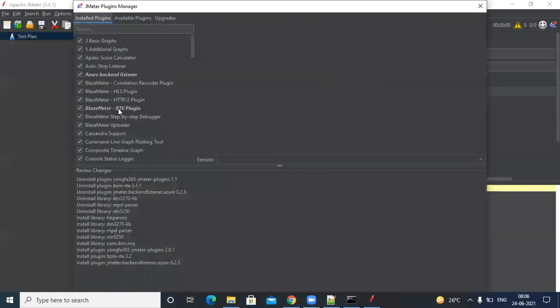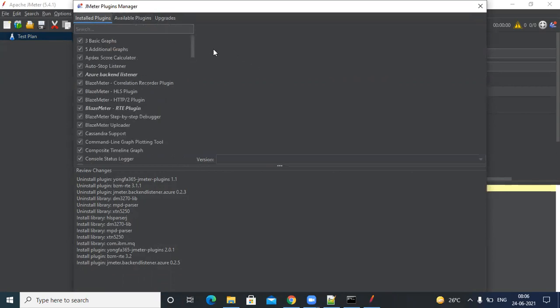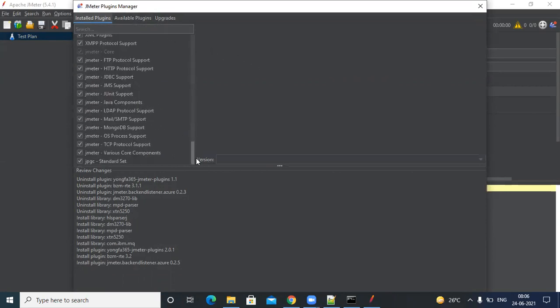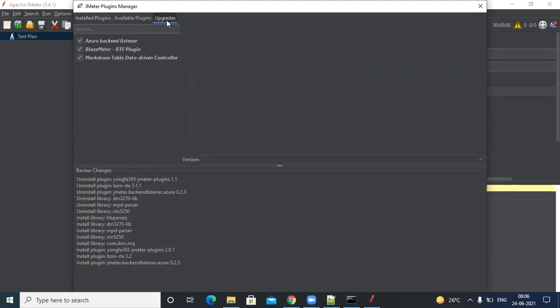Just click on plugin manager and it will display everything I already installed. For you, it will display under available plugins, because you haven't used plugins yet. For mine, I installed already, so that will display under installed plugins. So select whatever you want to install, and there is some problem with this window.